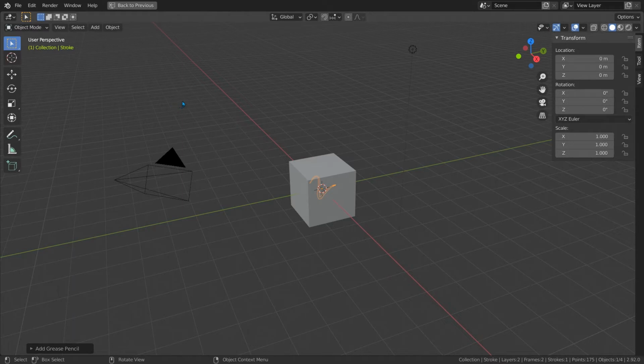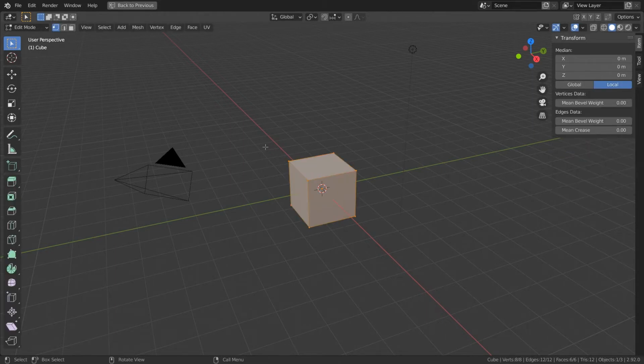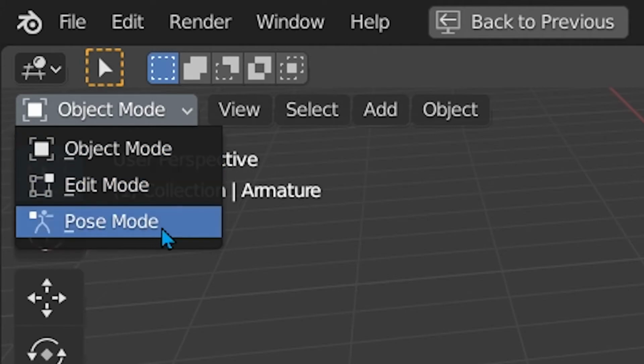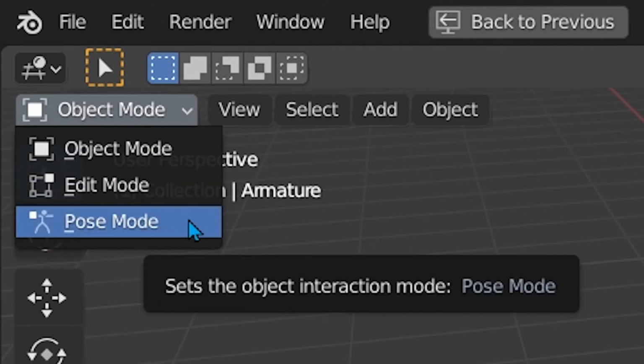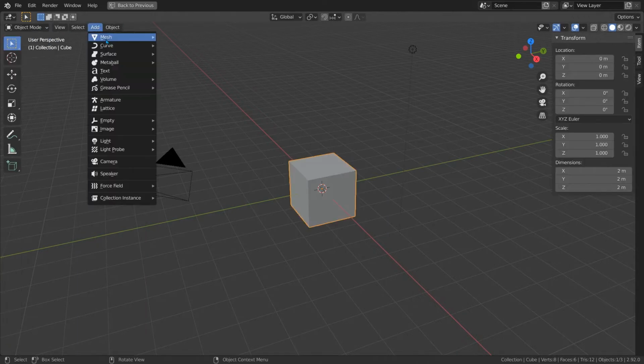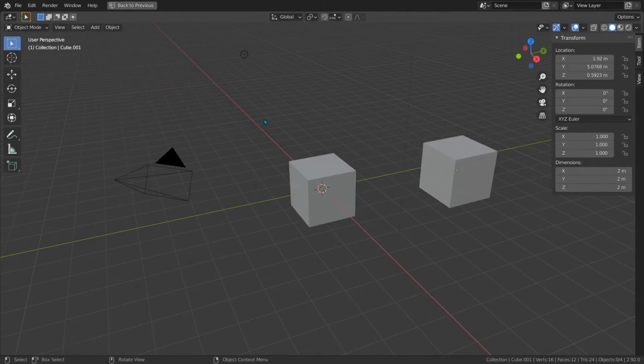Now let's undo that for now and click back on our cube for a second. If we switch to edit mode, which we can get to quickly by pressing the tab key, we'll get to edit more micro level properties like the individual vertices of the object. Pose mode, which is a mode exclusive to armatures, as well as edit mode, both support multi-object editing. To demonstrate this, I'll add another object. Don't worry too much about how I'm doing this. We'll learn more about this later. Okay, now I'll select both of them by holding down left click and dragging a box around them.